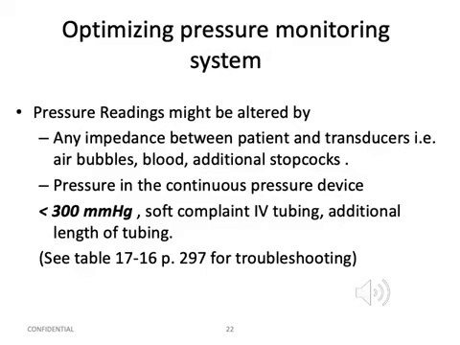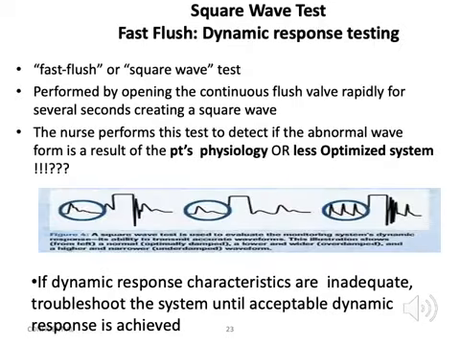non-optimized systems. فمينلي non-optimized system the problems include air bubbles، blood، الكونكشن ممكن يكون very loose، ممكن يكون في cracks، ممكن يكون في leak، التيوب very soft or very rigid. All these could lead to inaccurate reading. عشان هيك we need to make sure إنه إحنا to assess pressure monitoring، لأنه this is very important to get again an accurate reading. One of the methods to make sure that the system is optimized, it's what we call